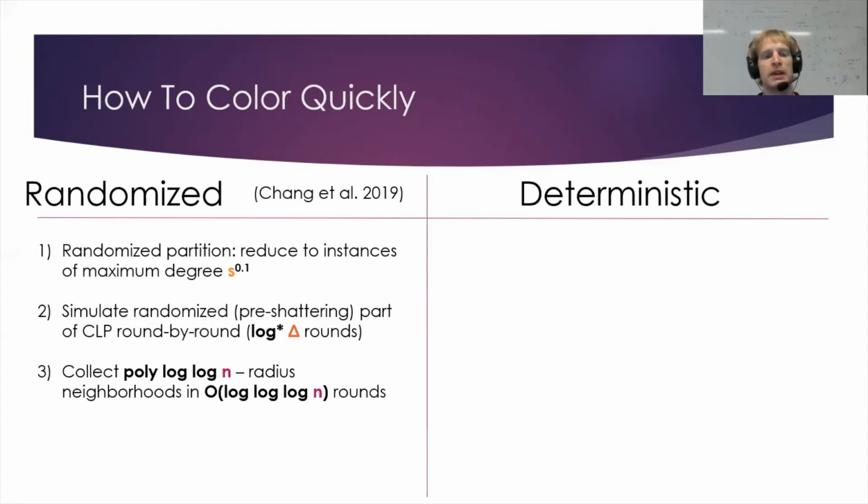That corresponds to being able to make our decision for the output of each node, seeing a polylog n radius neighborhood. That's a well-known equivalence in the local model. And we can collect a polylog n radius neighborhood in triple log n rounds in low space MPC by the